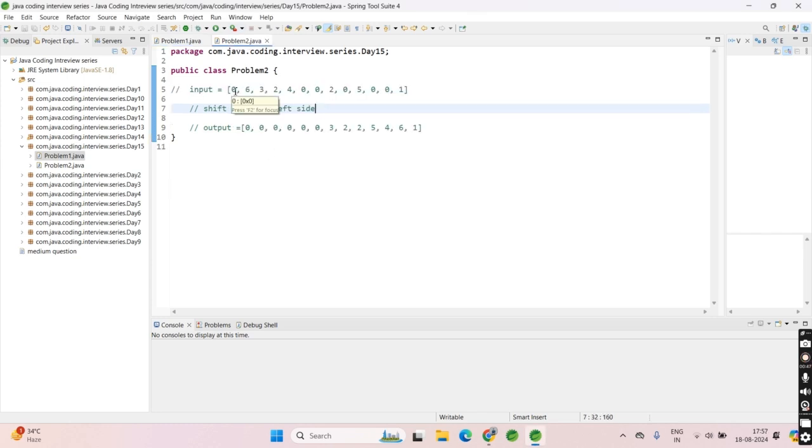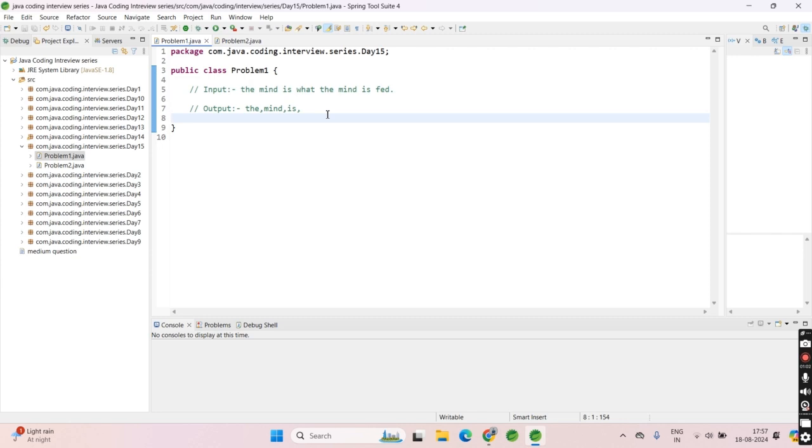He has given an input array and told us to shift all 0s to the left side. So I will try to resolve them one by one. I will first move on to problem number 1. So first, what we have to do,